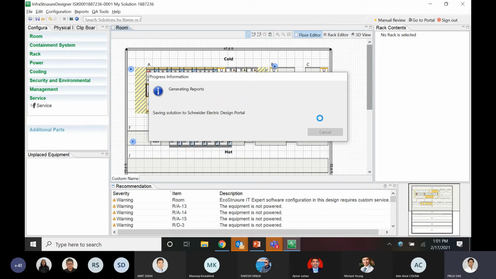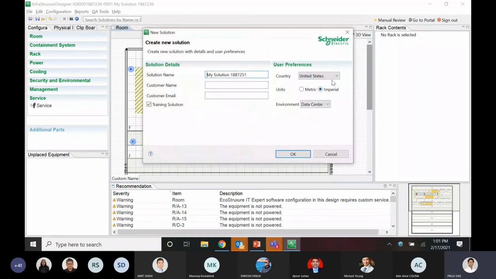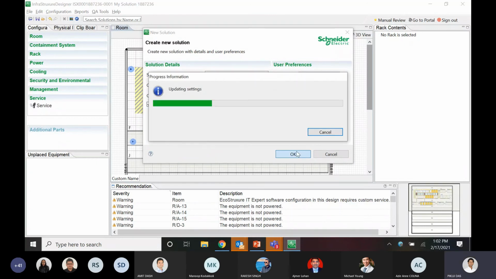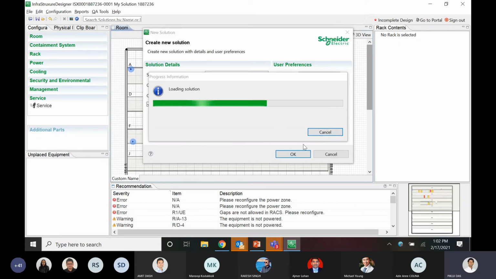If it is a solution for Australia, you'll have this feature, but through the design portal you can copy the design. So if you are sharing this design with anyone in Australia, your colleague can create a new solution.